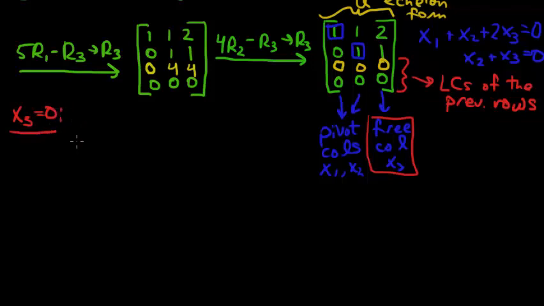So if we plug in x3 equals 0 right here into the second equation, we get x2 equals 0. And so now if we have x2 and x3 equal to 0, we have x1 plus 0 plus 0 equals 0. So we get that all of the components are equal to 0, which unfortunately tells us that the vector 0, 0, 0 is in the null space,